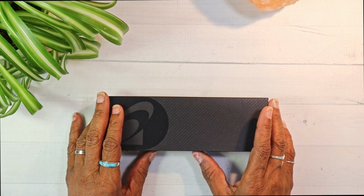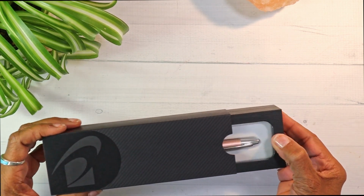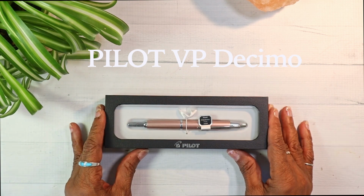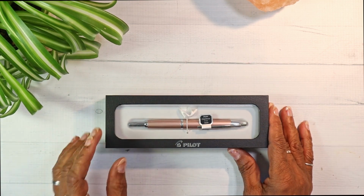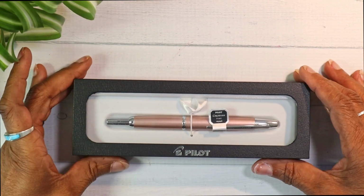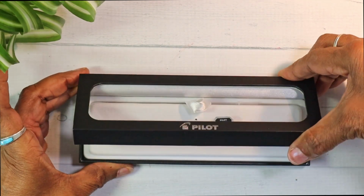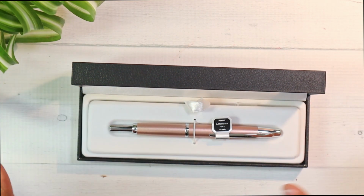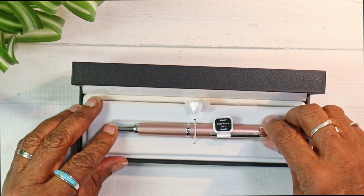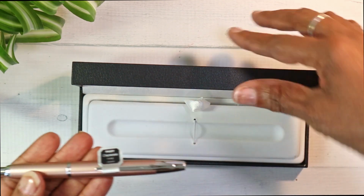Until a couple of weeks ago, an opportunity came up, and what I got instead was the Pilot Vanishing Point Decimo in Champagne. Let's get in a little bit closer here. Alrighty, so as I said, this is the Pilot Decimo, and interestingly enough, in Japan it's called the capless Decimo. The Decimo is a slimmer, lighter version of the